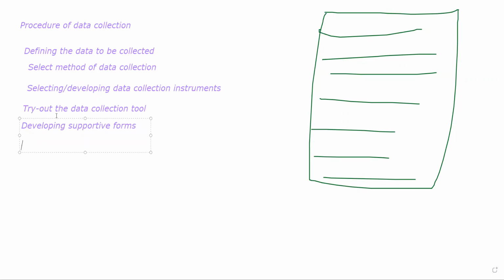ठीक है, especially informed consent forms, you will see informed consent forms in all of your research. ठीक है, you will give on a piece of paper, you will write that I, so and so, am willing to be part of this research with my own consent and so on and so forth. ये आप पेशेंट्स को देते या पेशेंट के गार्डियन को देते.